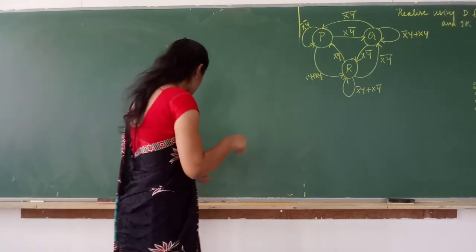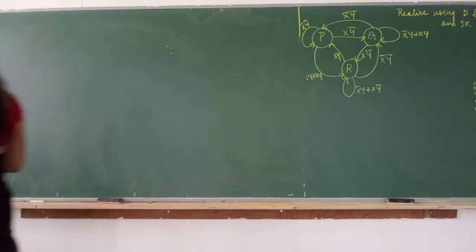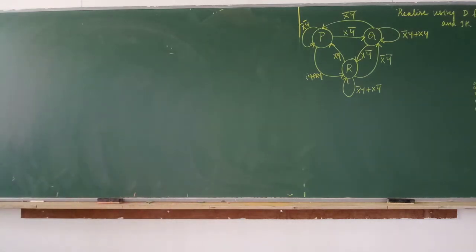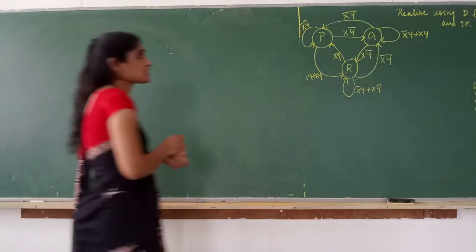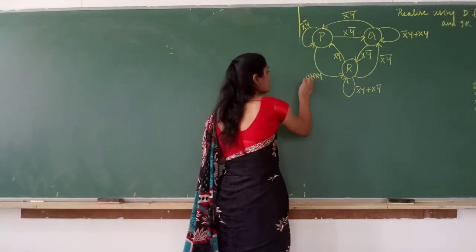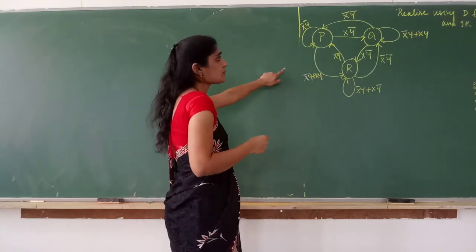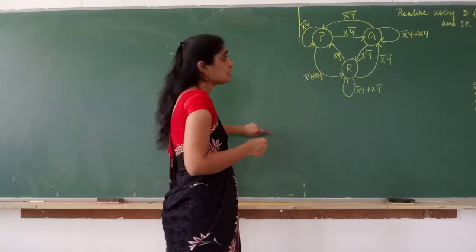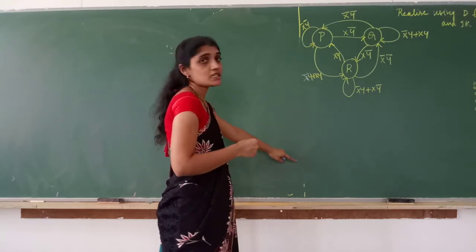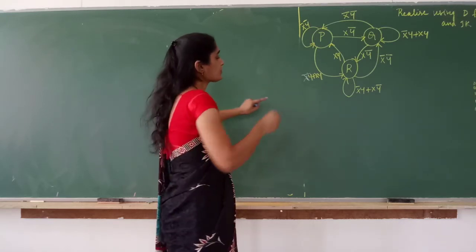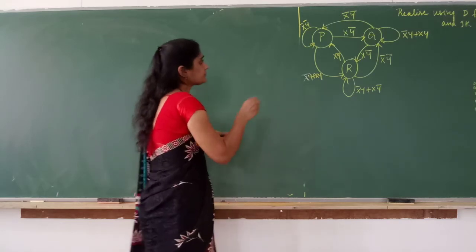When a state diagram is given, we know how to analyze this and write the circuit for this. Okay, we know the steps. Hope you remember the steps. Otherwise, you go back to the video or the notes, whatever I have sent, and just refer. When a state diagram is given, we know how to analyze this and write the circuit for this. What is the first step we have?